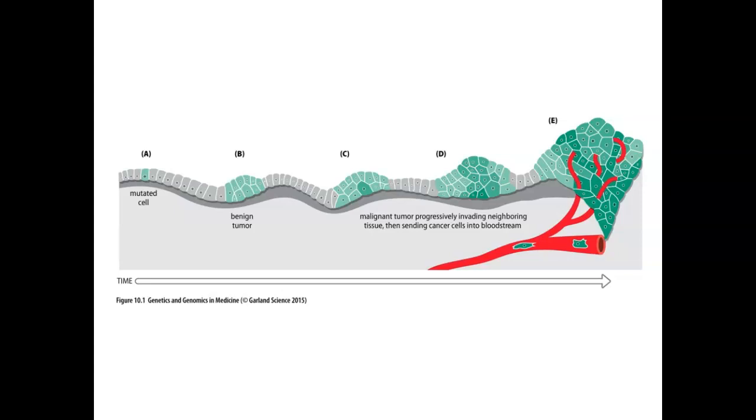But if we start here more specifically, it basically starts with some sort of mutated cell, which is right here. And it can develop into a benign tumor. And a tumor is a little bit of loss of normal cell division, but basically nothing really past that point. If they continue to lose other cellular controls in the cell cycle, they can become a malignant tumor.